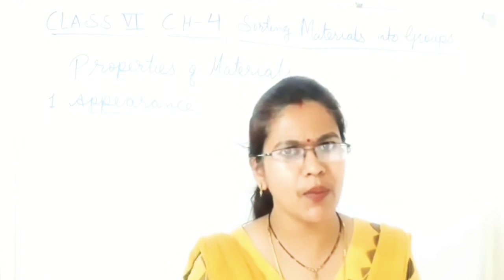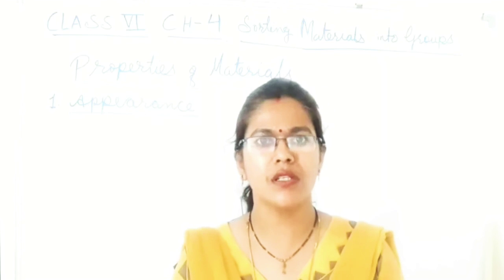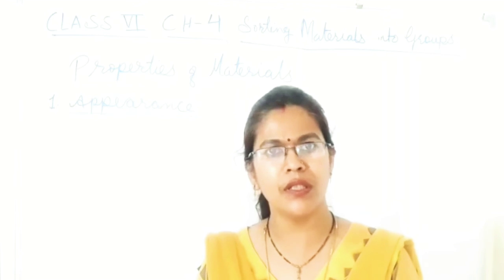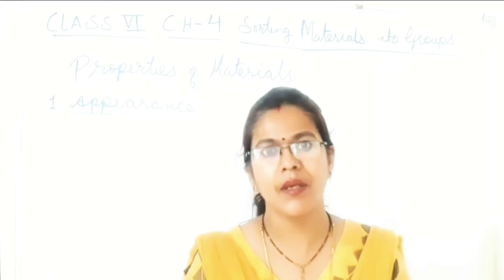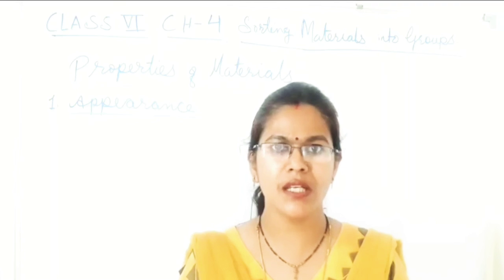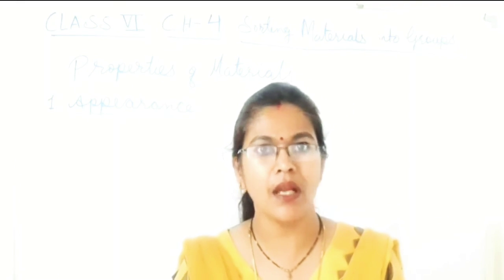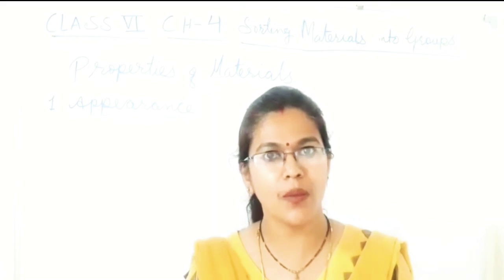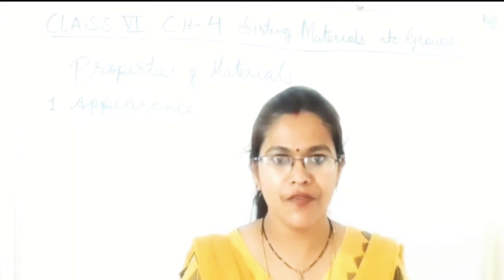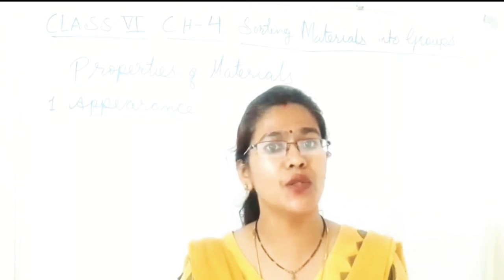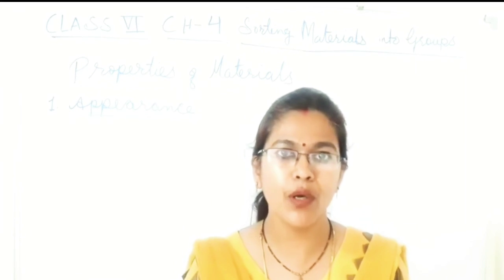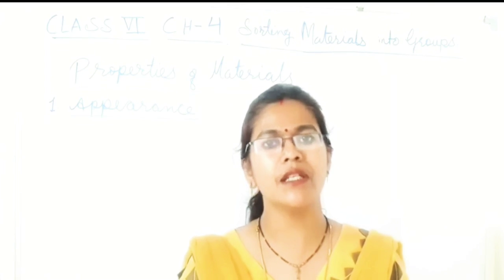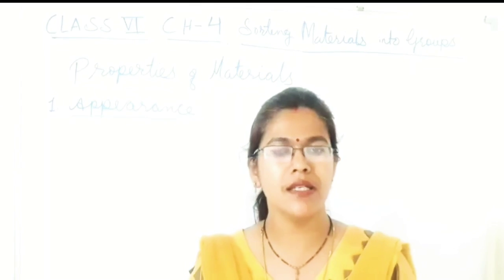So in this part we will study that we use things according to our requirement and according to the property of a thing, isn't it? So we wear cotton clothes in summer. Why do we do that? Because cotton clothes are light, and cotton cloth absorbs sweat and makes us comfortable. We wear woolen clothes in winter because they trap body heat and make us warm. So we use a material according to its property, isn't it?